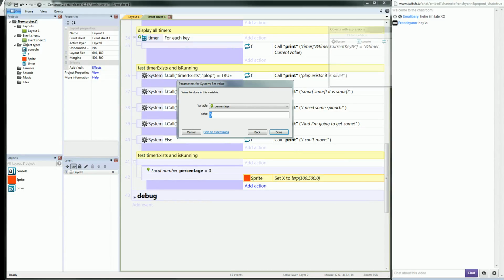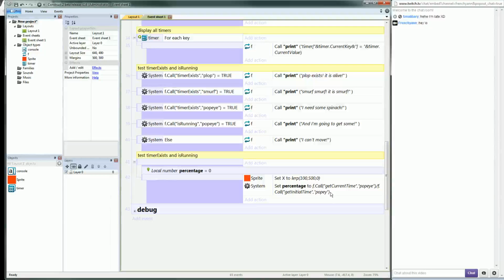It will be f call get current time Popeye over f dot call get initial time Popeye. Okay, and here you should get a percentage which will go from 0 when you start the timer to